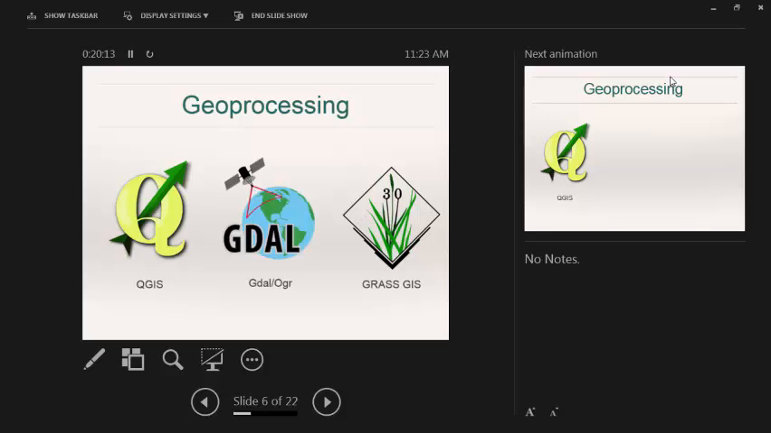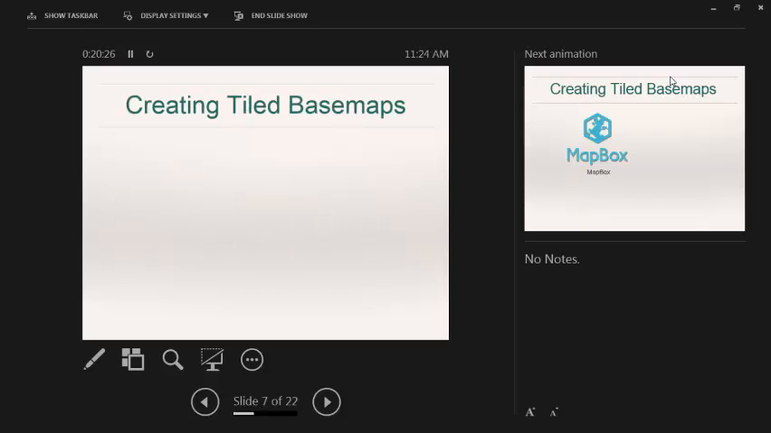And then the GDAL and OGR utilities that come with your geoprocessing software, and I also use that. You can manipulate it. So then you may want to create a tiled base map, and you could, of course, use something like